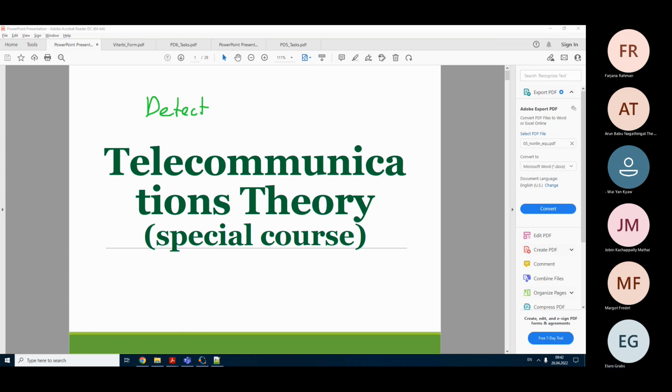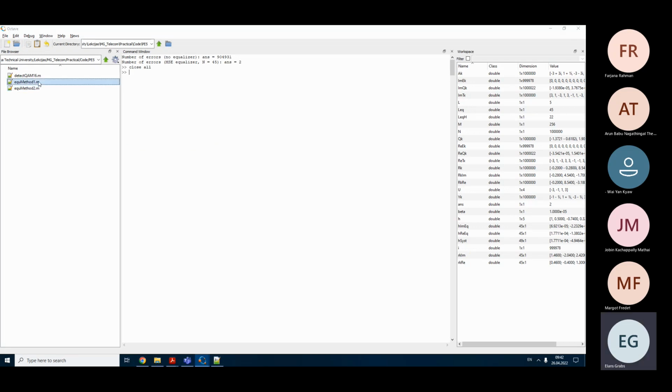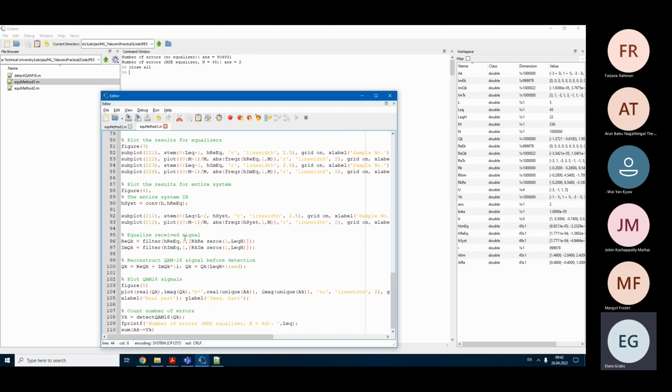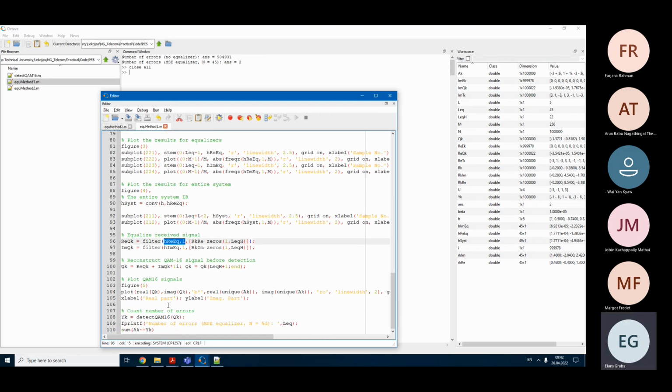If you remember, here in the practical exercise number 5, for example, in this method, we did calculate this equalizer. Here, for example, we have calculated equalizer with autocorrelation method. Then we used this equalizer. Yes, and after that, we have